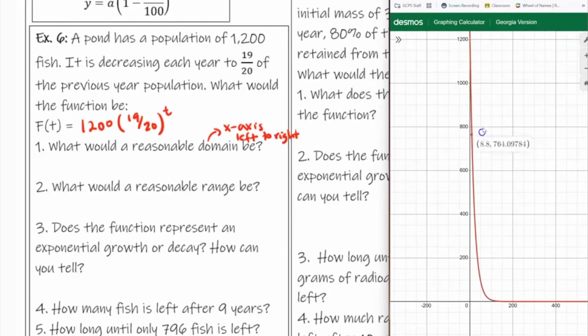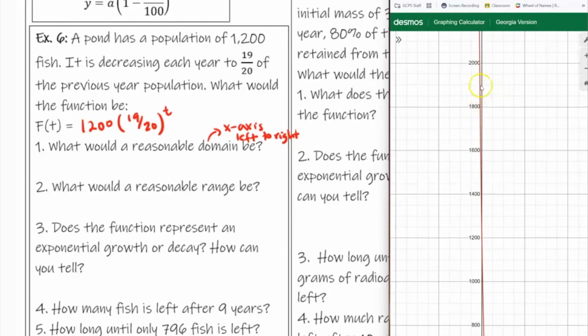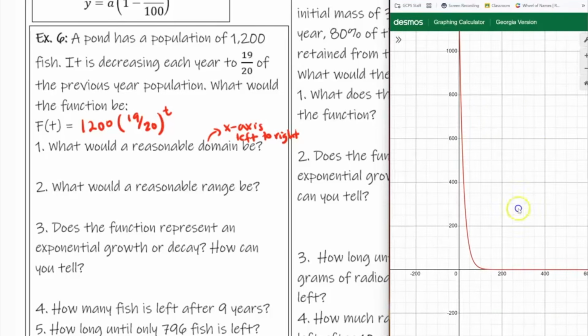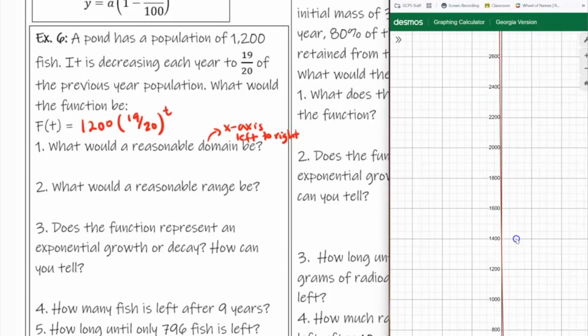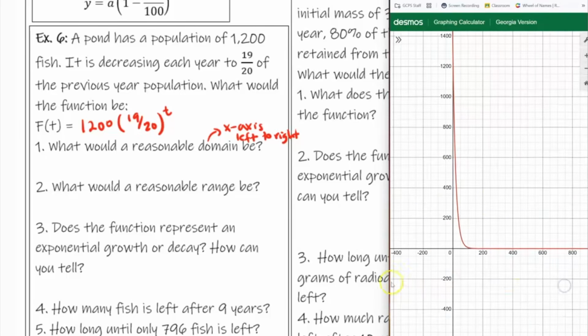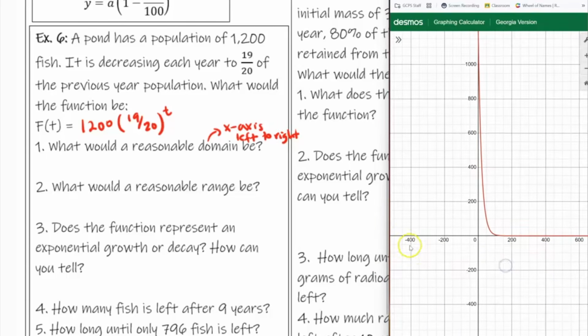I can see it does go into the negatives. So this is past this side, but you've got to think of from left to right. If this was not a real context problem, it goes to the negatives and it's all on the right-hand side as well. But it is a real world problem, which means there's some restrictions. So let's talk about the restrictions, and we only care about the domain. So I already know domain is time, right? And then the population is y. So if the domain is time,